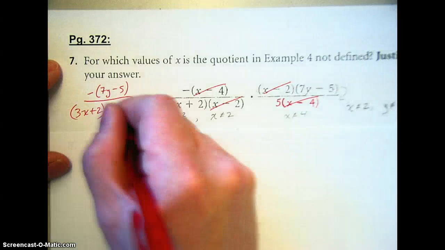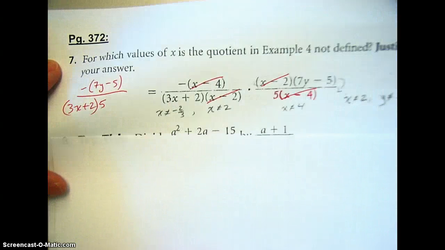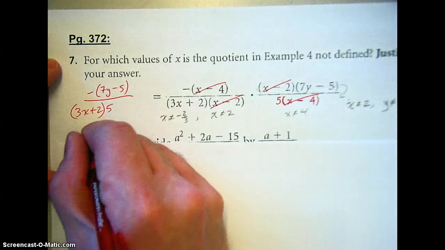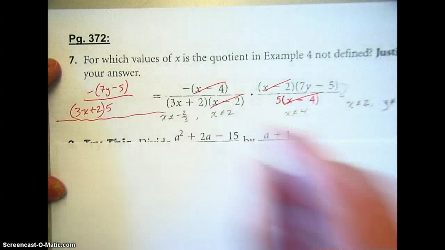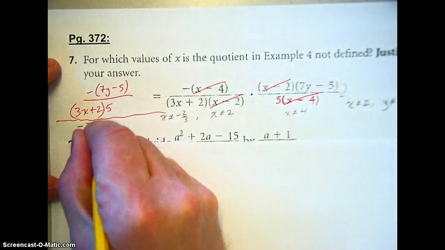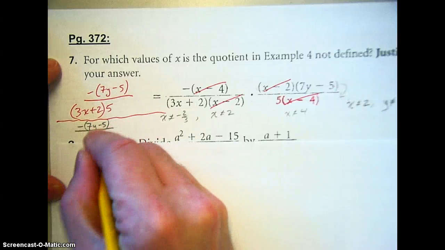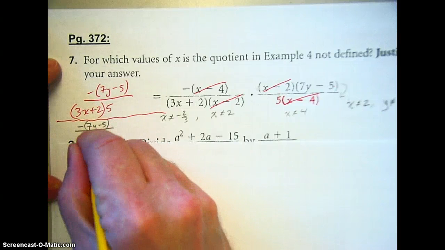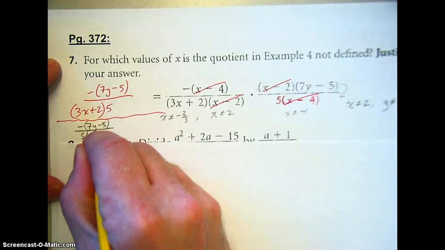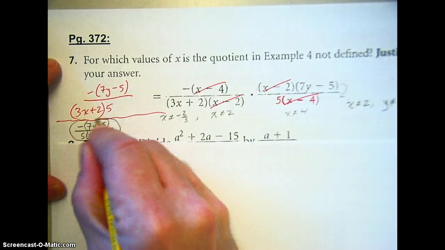Yeah, we have that 5 hanging there, right? We could write it like that. It'd probably be better if we actually write it as negative 7, the quantity 7y minus 5 over the quantity, or over 5 times the quantity 3x plus 2. Okay, and once again, I know that